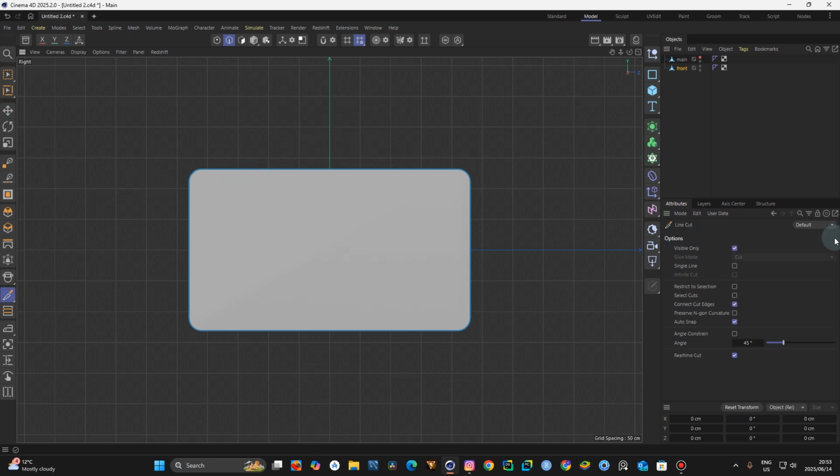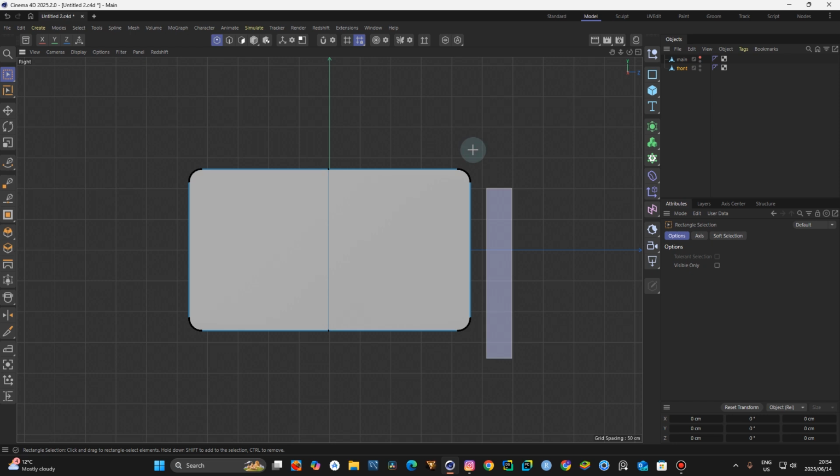Select, and select. Just do that, hold shift, drag it down, and do that. Okay, press escape. Make sure now, come to your points, rectangle selection. Do that. Wait a minute. Do that